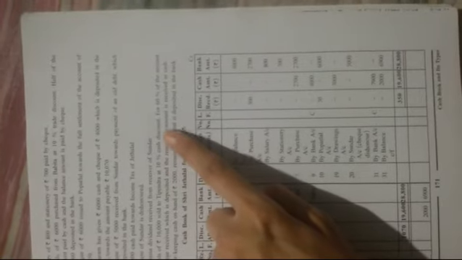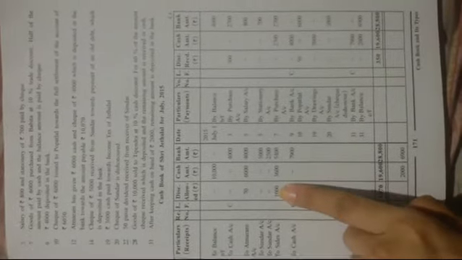Then the next is 28th July. Goods of rupees 10,000 is sold to Tipendra at 10% cash discount. For 60% of the amount cheque is received, which is deposited, and remaining amount is received in cash. So like 50%, here 60% of the amount is received through cheque, and remaining amount is received in cash. So first of all, goods is sold, so it will be recorded on the debit side. So write the date 28th July to sales account. First of all, calculate the 10% cash discount. You will get 1,000. That will be shown in the discount allowed column.